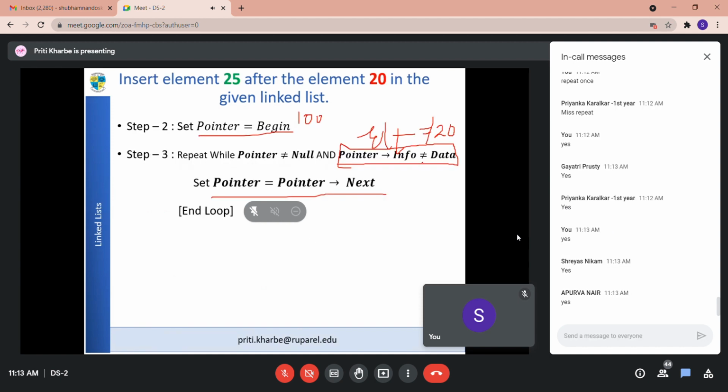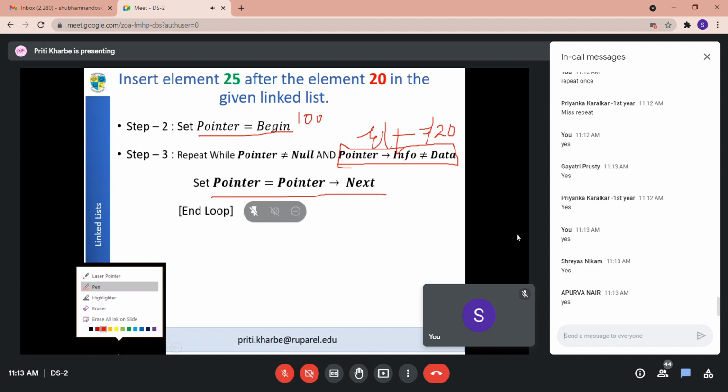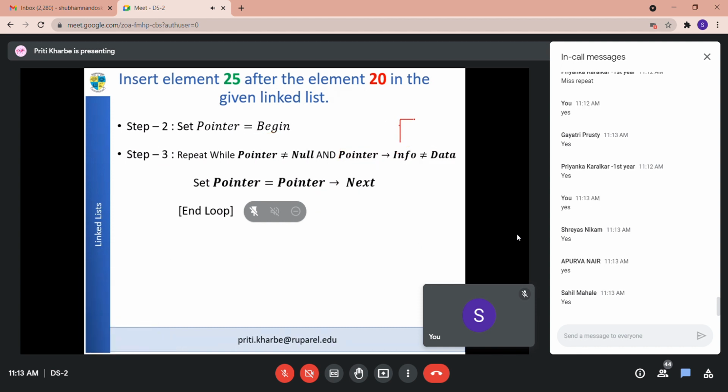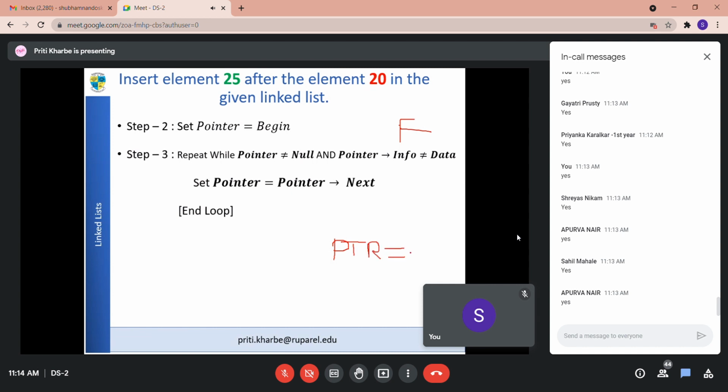It should not be equal to data. That means the second condition became false, right? The while loop should run unless and until your element is equal to data. Right now my element is equal to data. That means now the while loop will not be executed and you will be out of the while loop. And when you are out of the while loop, your pointer value right now is 500. Followed? Is it clear now? Okay.